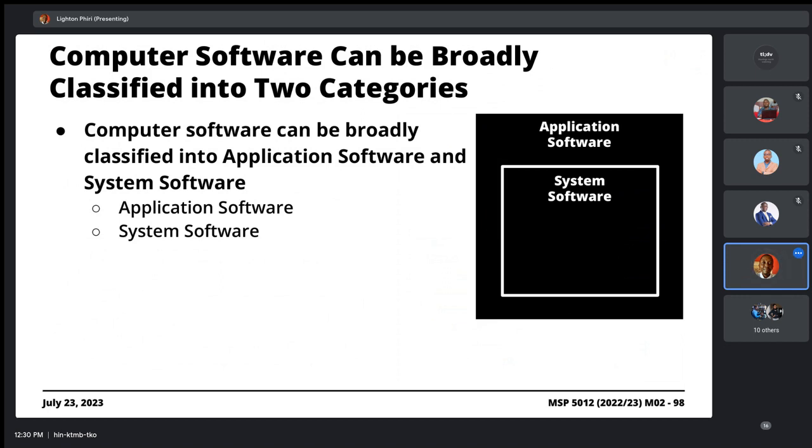Okay, what's particularly interesting is, depending on the type of system software you're referring to, for the most part, application software doesn't direct the hardware directly, so it goes through system software. If you remember, I mentioned that software and hardware work in unison in such a way that the software will direct the hardware, but it turns out that application software does not direct the hardware directly.